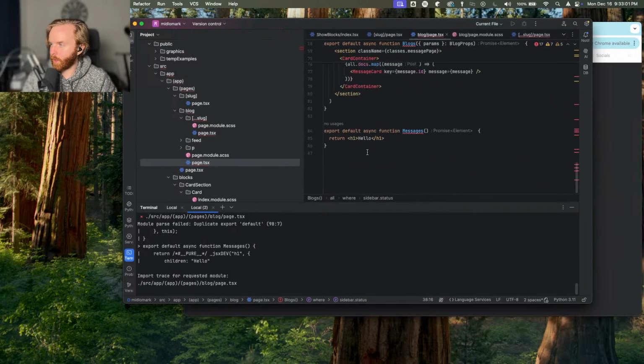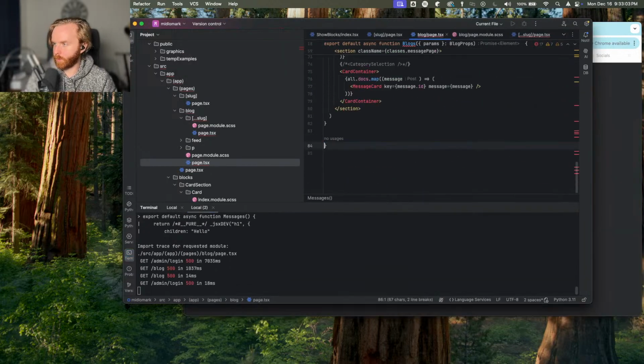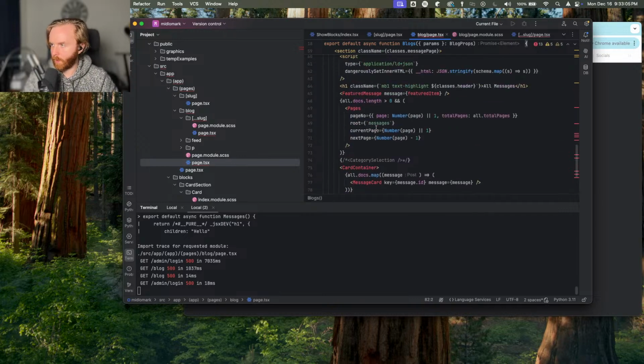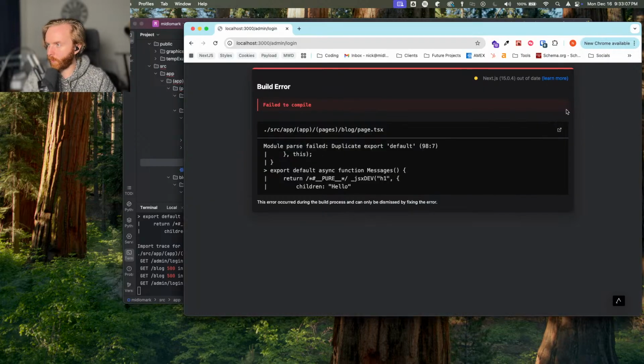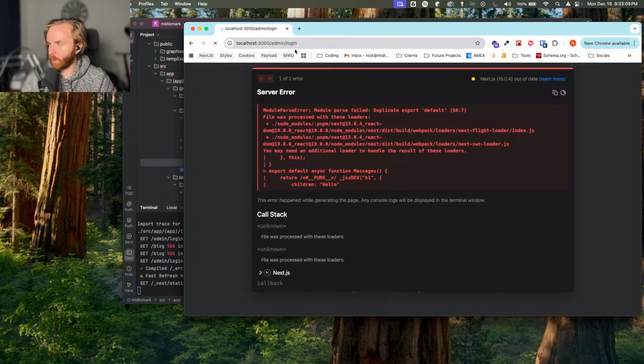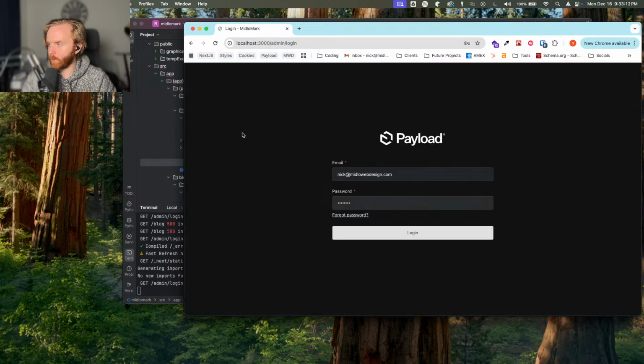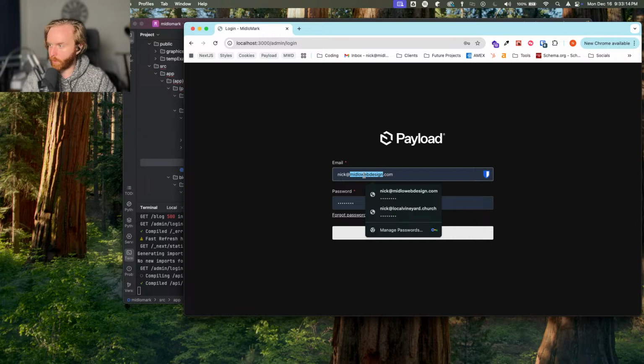Oh, that's what's going on. So let's just get rid of this. It was trying to take the old default, but will this let me go here? Do I need to comment this out? Perfect. All right, so let's open up our